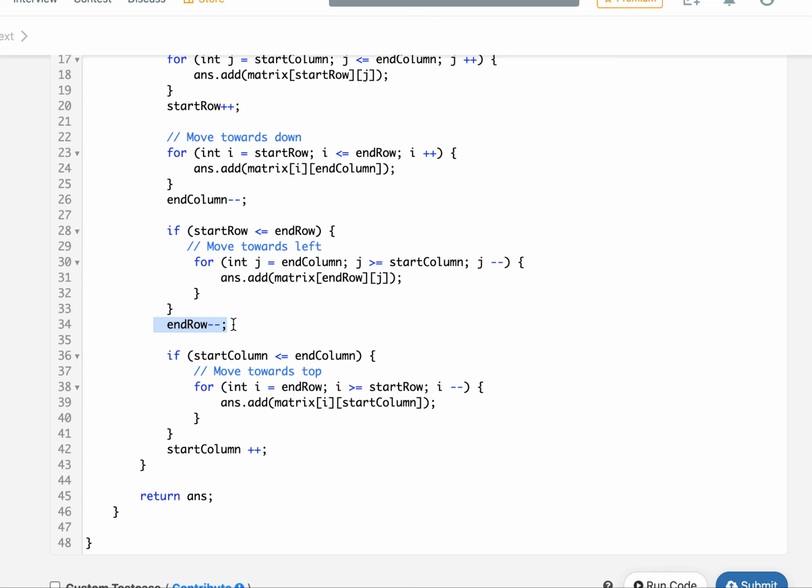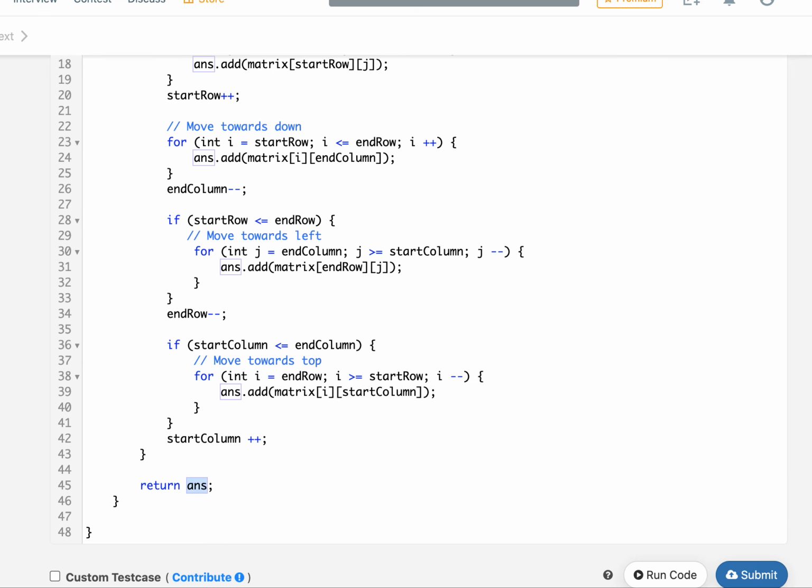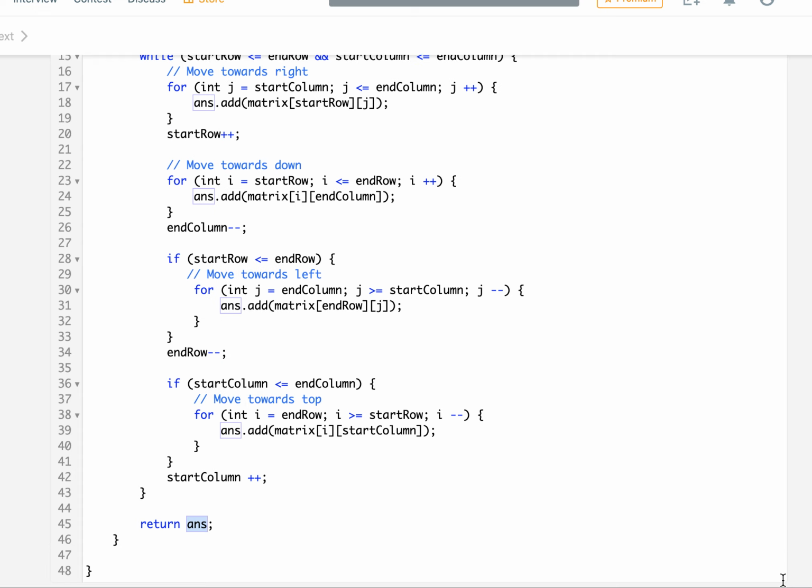And the last one that I have is moving towards top. Again, I have a pointer starting from I equals to end row, goes up till the start row, and with each iteration I decrement the pointer for I add it to my answer matrix of I comma start column. Start column remains the same. Once I'm done with the iteration, I increment the pointer. In the end, I simply return my answer. So let me just return the answer,